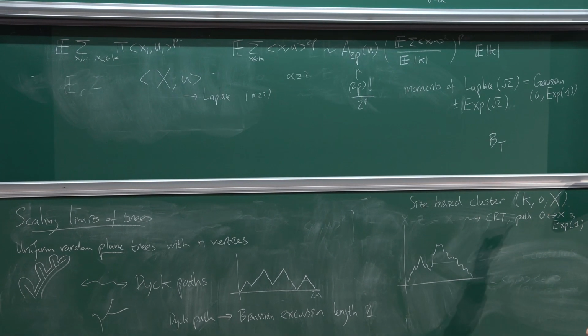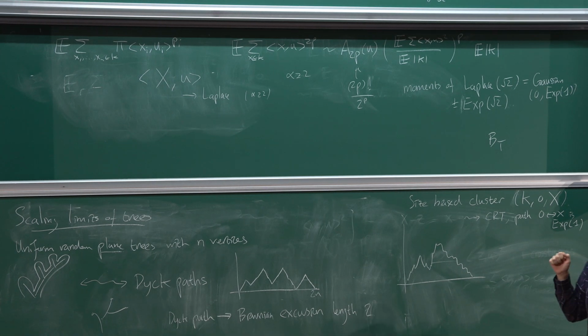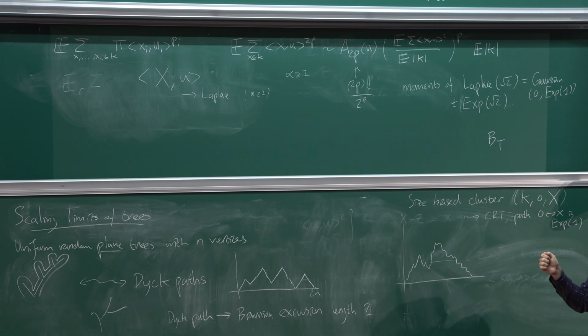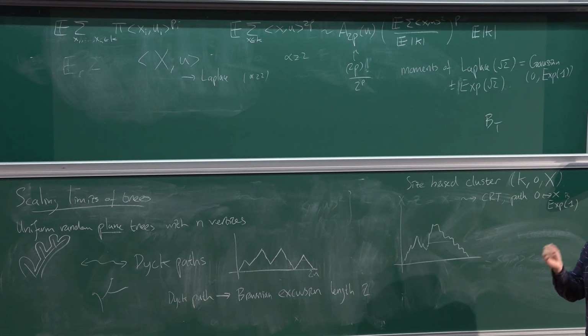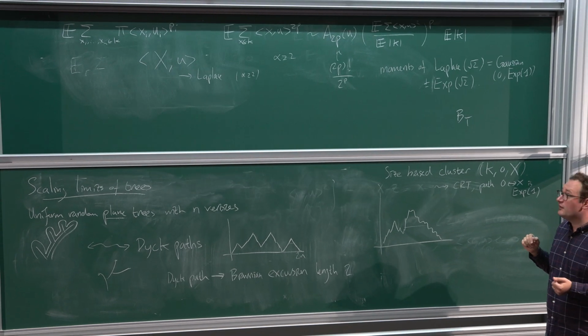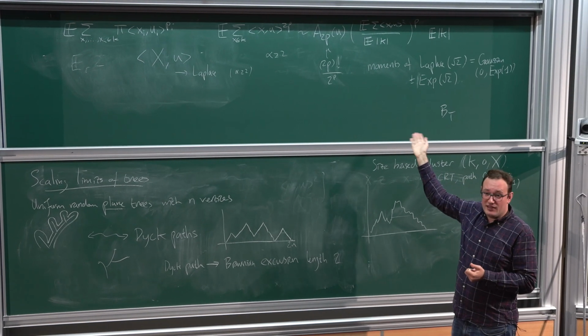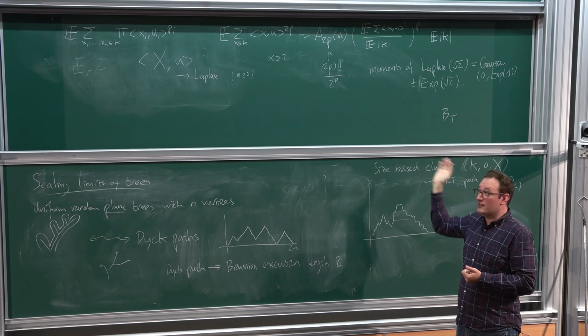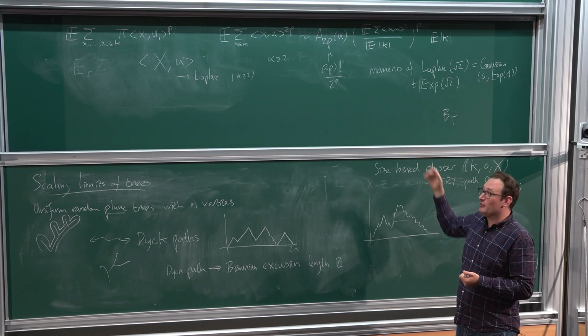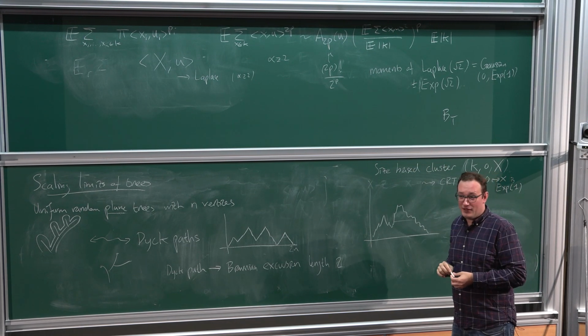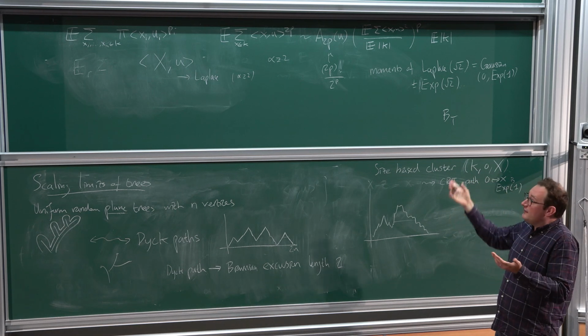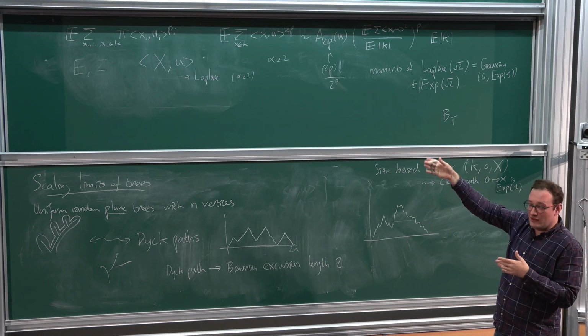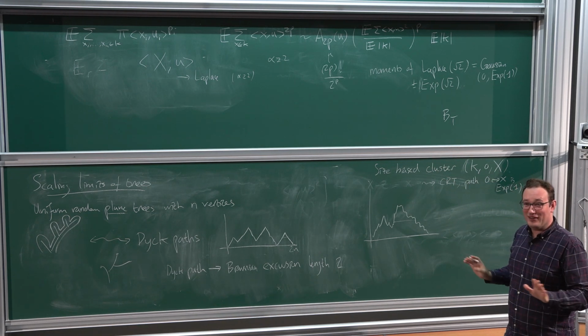Which is just that you get your limiting Lévy process, and you just evaluate it, you stop it at an independent exponential 1 random time. That will give you the correct guess for what this generating function should be, and then you can verify that it is indeed the solution to this complicated recurrence that you get. Okay. Then in the end, you have to do this thing for general moments, and I won't linger on that